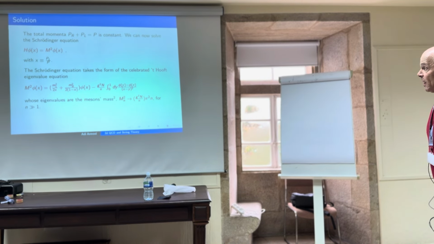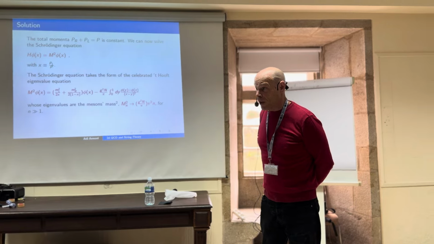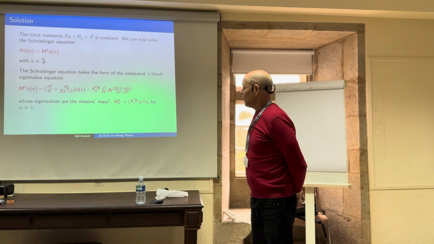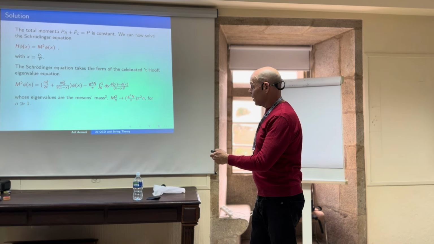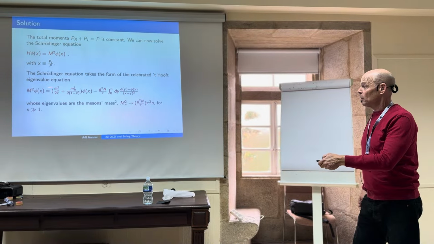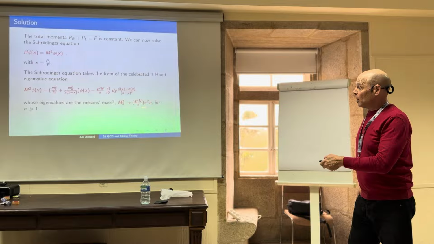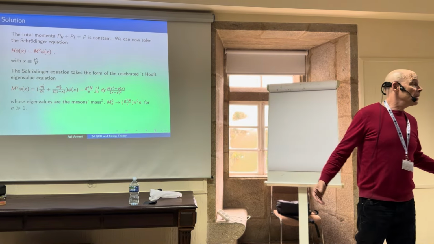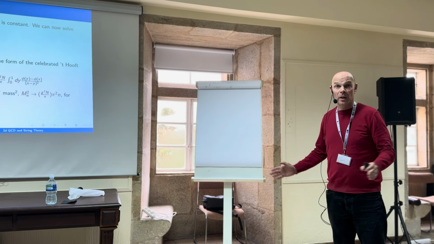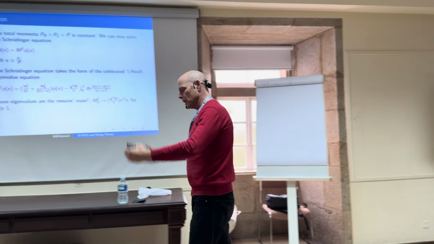Now let's see what is the relation between this new derivation and the solution of 't Hooft. Well, if I just write a Schrödinger equation, I get this famous 't Hooft equation. So this is from 't Hooft's paper from 50 years ago. And the eigenvalues are what I quoted in the first slide or second slide. So we find the same spectrum, and it's a new derivation. It's a derivation of the solution of the 't Hooft model